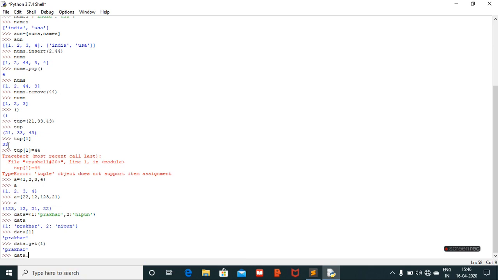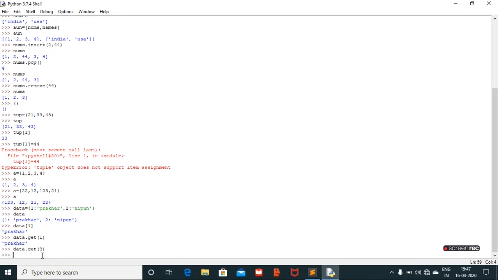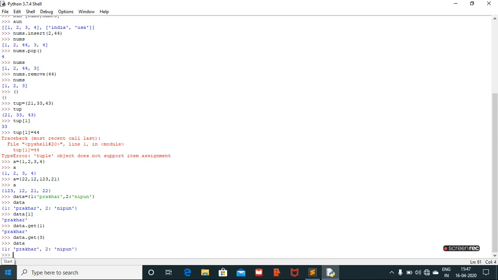If you are going to give 3, then if you print data, it gives Prakhar and Nipun only, means it won't give the third element.